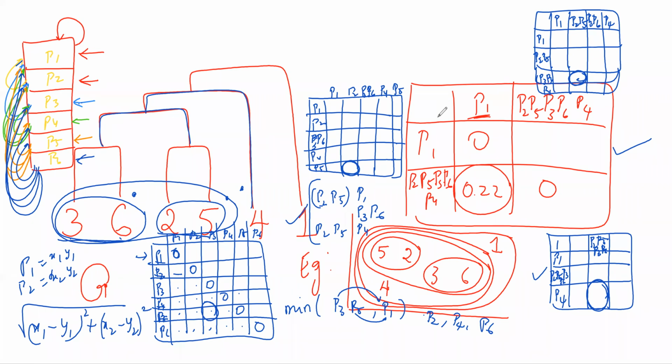I got to know that 0.22 is the final distance with respect to P1. So I give the final data point over here. If you perform all of these steps, okay, it is one of the very important problems on agglomerative hierarchical clustering. It will be asked as either a 10 marks or a 12 marks question. So you have to make each and every step clear. When you are targeting a question like this, you have to practice multiple times with different problems so that you can easily come up with a solution when you're writing it in your final exam.